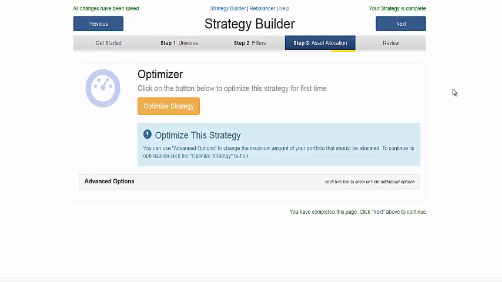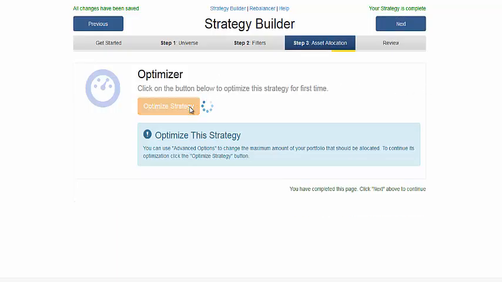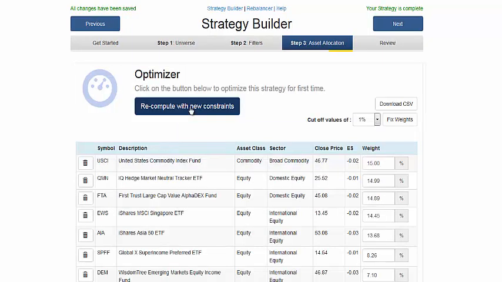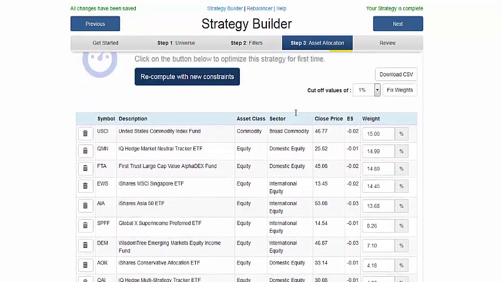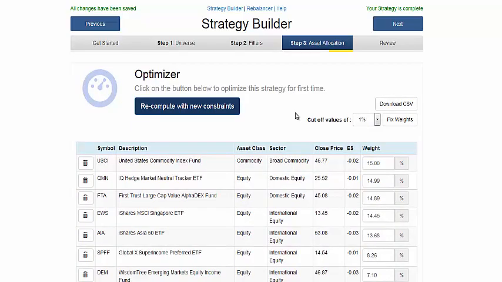We are now ready to optimize our strategy portfolio. Simply click the Optimize Strategy button. This may take a few moments to compute. A table of securities and allocation weightings appear below. If satisfied, click Next. Additionally, users may wish to export their portfolio,